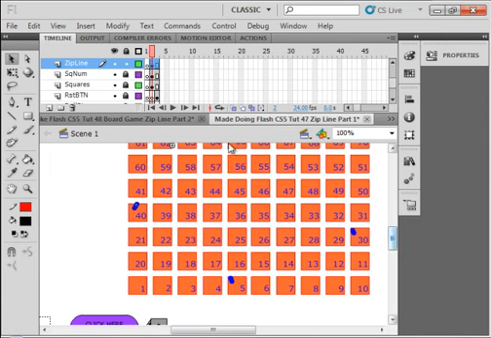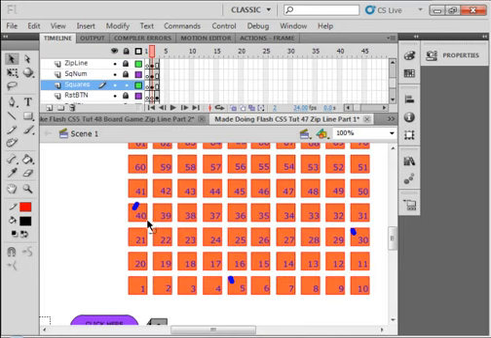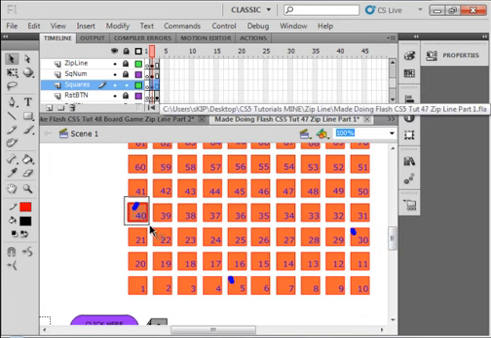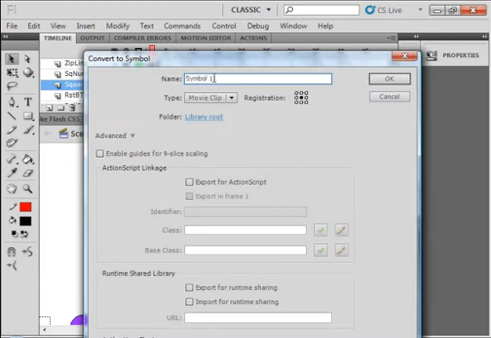And now lock all the layers, unlock this squares layer, make sure you have frame 2 selected, and those 6 movie clips, 40, 5, 30, 37 in my case, 84 and 94, give them that instance name. So I'll just do one with you. Highlight this one, 40, modify it, convert it to a symbol, call it SQ40 underscore MC,